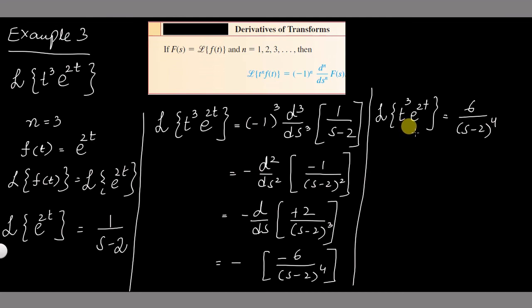So it seems to us that the derivative of transform is a very simple article. Just keep in mind you should know the derivative of a function and just take the derivative of the given function, and how many times you want to take the derivative of a given function will be given in the question, and that is n. Here n is 3, that's why we have taken 3 derivatives of the given function. So it totally depends on this particular n.